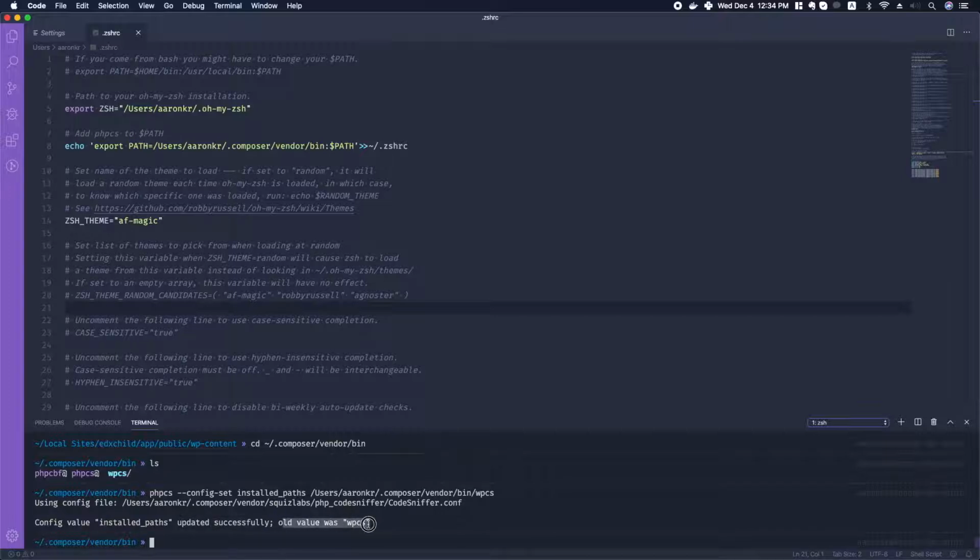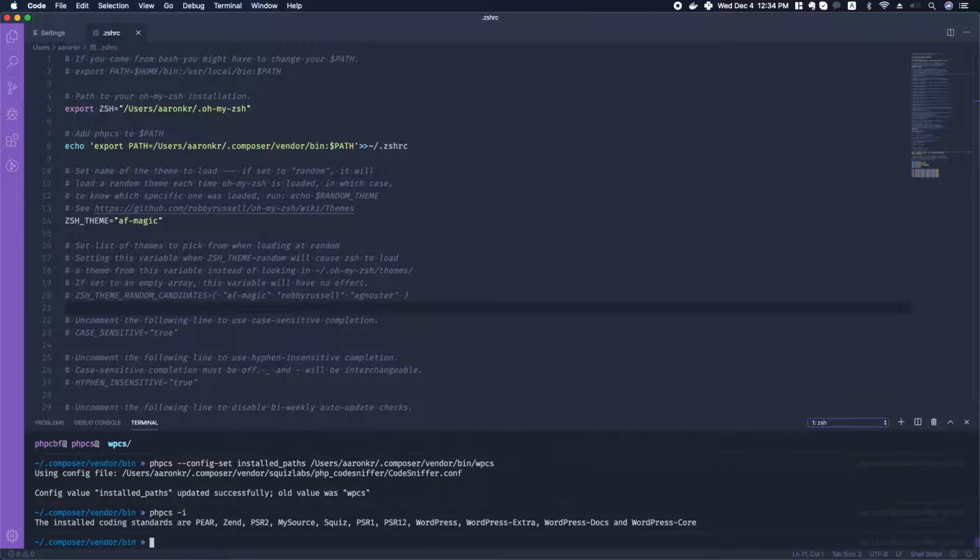Old value was WPCS. And then if we type phpcs -i, we can now see that the installed coding standards have been updated to include not only the original ones when we installed PHP Code Sniffer,